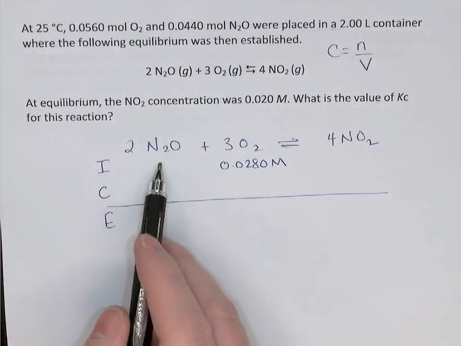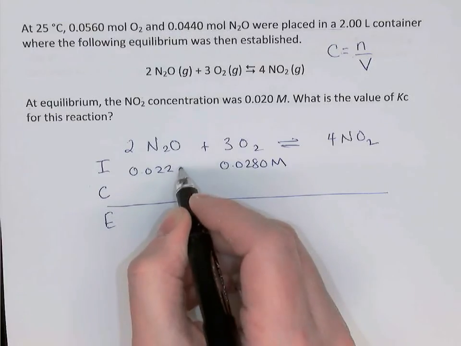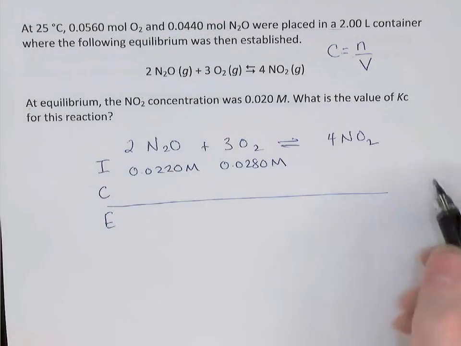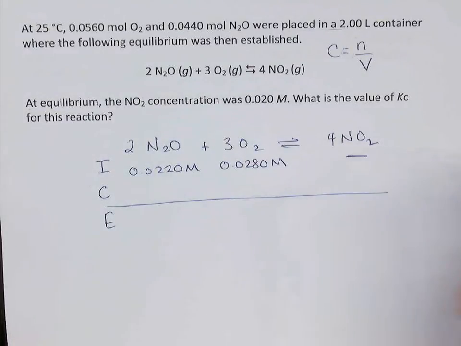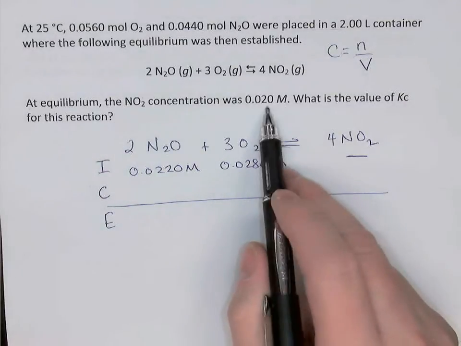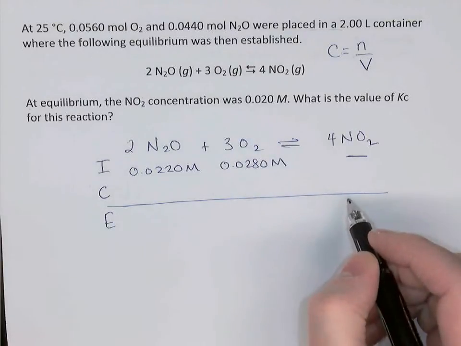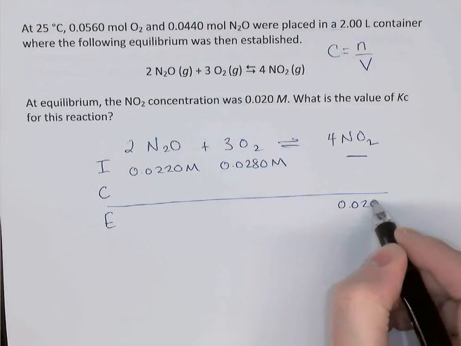The N2O initial concentration will be 0.0220 molarity. And it sounds from that first sentence that there was no NO2 initially placed in the container. At equilibrium, the NO2 concentration is 0.020 molarity. Now notice that is a molarity, so you don't need to switch it to molarity, so we'll just put 0.020